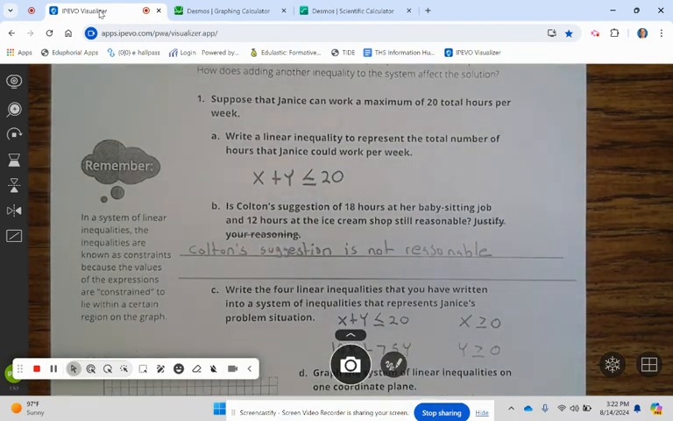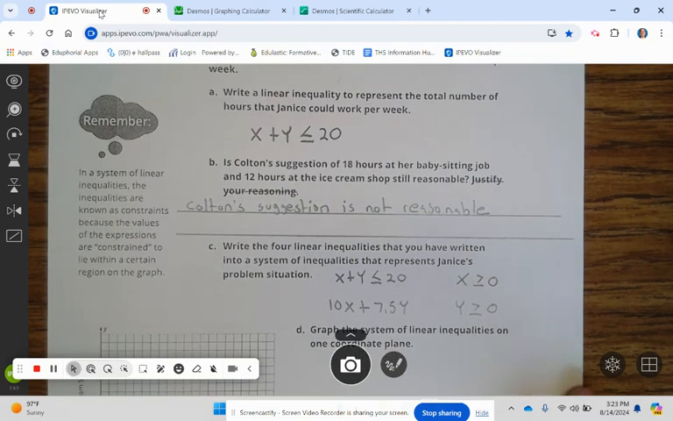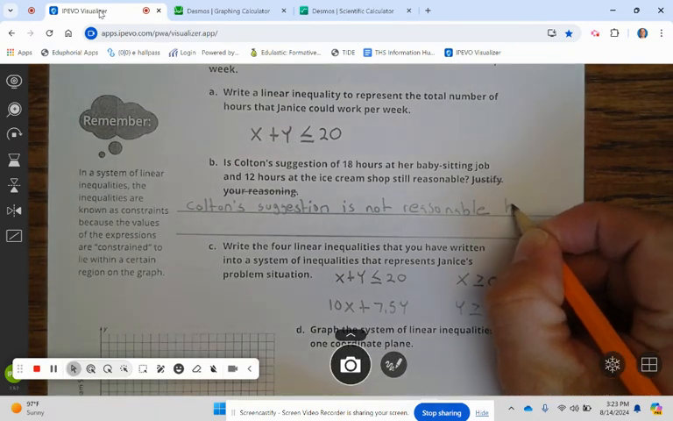1. Suppose that Janice can work a maximum of 20 total hours per week. A. Write a linear inequality that represents the total number of hours that Janice can work per week. So that inequality is x plus y less than or equal to 20. B. Is Colton's suggestion of 18 hours at her babysitting job and 12 hours at her ice cream job still reasonable? Colton's suggestion is not reasonable because